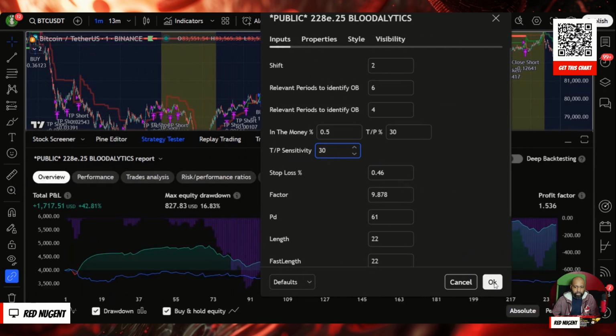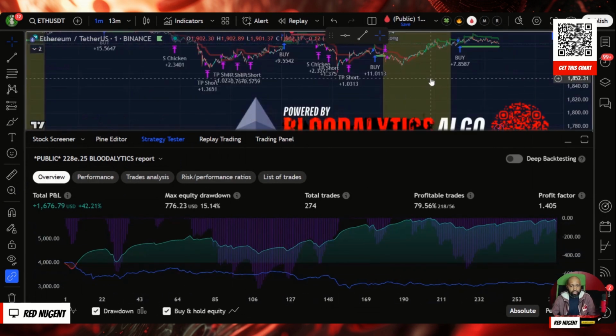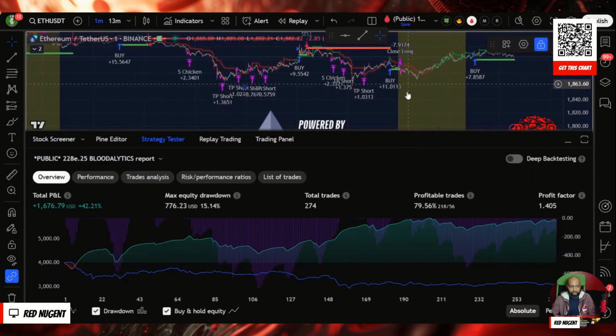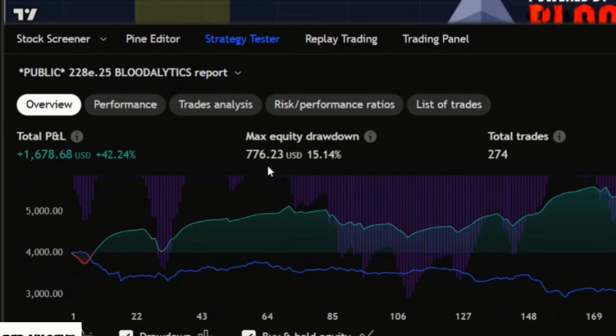So I'll bring it back down to 30. Nice equity curve from bottom left to top right. And the Ethereum one is even more profitable. 79% of the trades are profitable, with the drawdown of $760 and a $1,600 profit within 15 days of trading